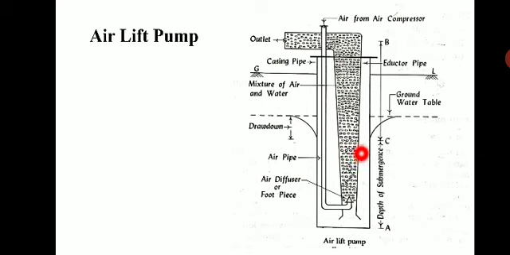This difference of pressure causes the water to rise in the eductor pipe, and it ultimately results in water coming out from this end, through the outlet. In the final stage, the weight of the column of water from A to C, that is the total column from point A at the bottom, you can see here,